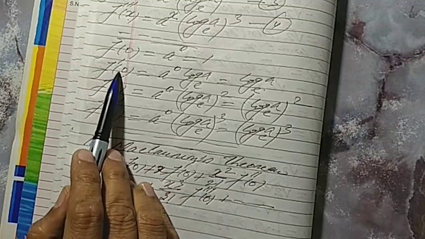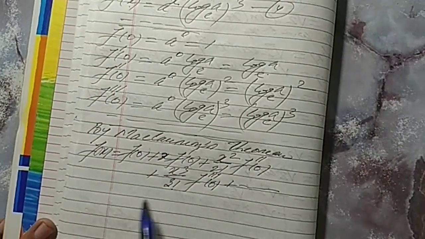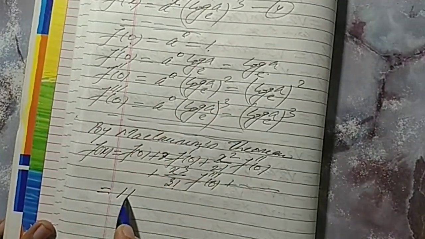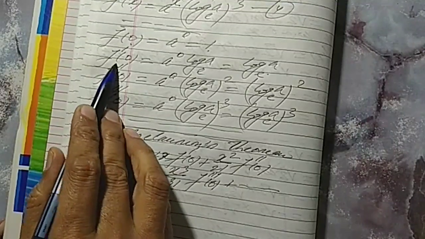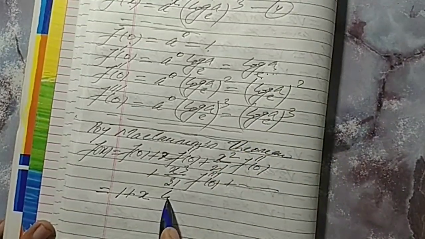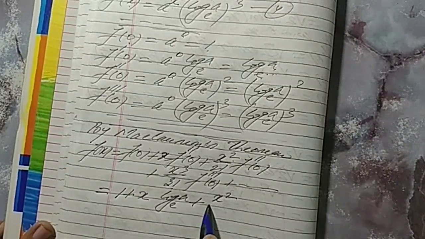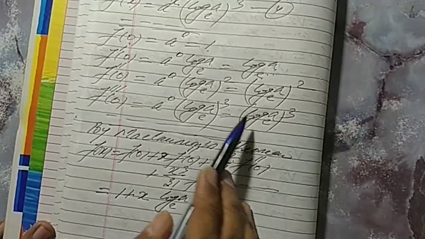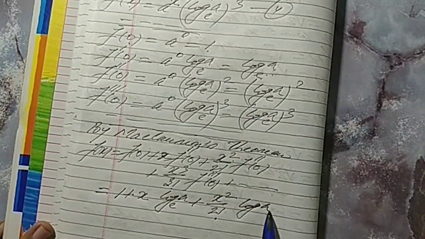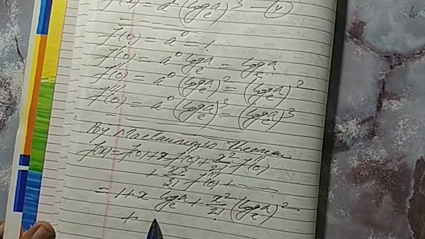Putting the values of f(0), f'(0), f''(0), f'''(0) and so on in this expansion, we have f(0) as 1. So 1 plus x f'(0), we have log a base e, so log a base e plus x square upon factorial 2. f''(0) is equal to (log a base e) whole square, so (log a base e) whole square plus x cube upon factorial 3,